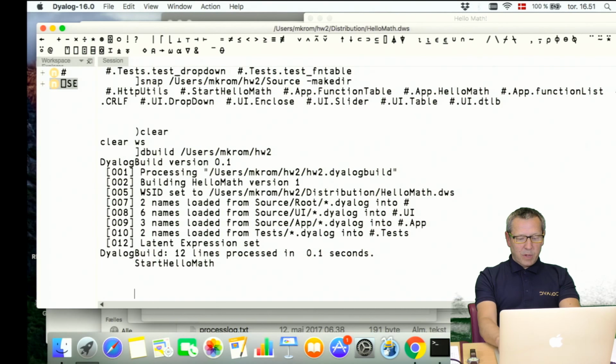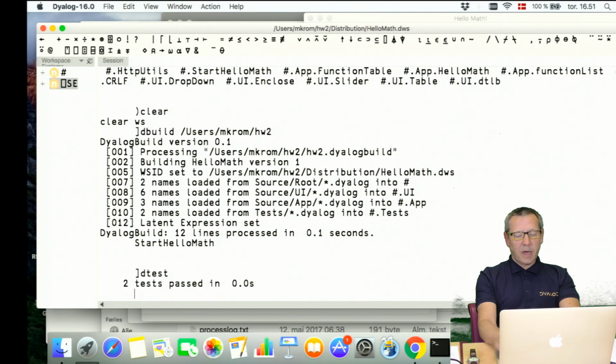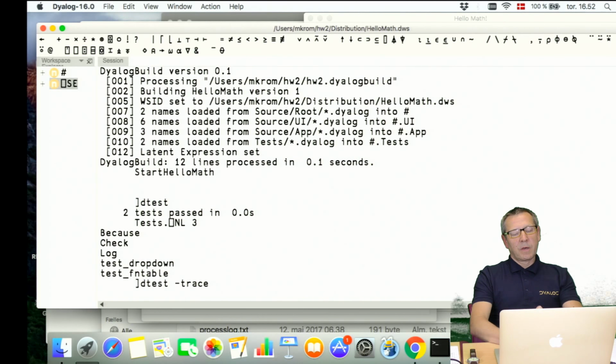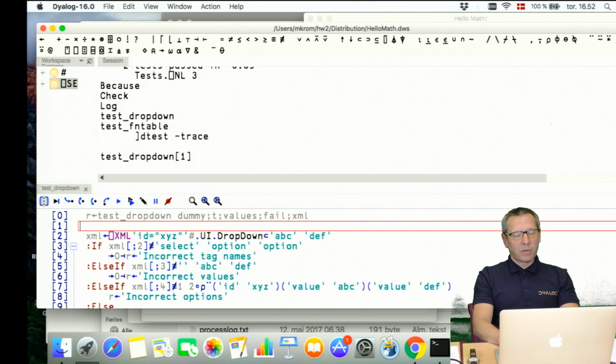But very simply, if I just type DTest, it says two tests passed in 0 seconds, and that's because what it's done is it's looked inside to see if there's a namespace called tests, and it's looked for anything in there with a name beginning with test underscore something, and it's run it. And if I want to see a little bit more closely, I'll spend another 30 seconds on this, and then I'm done. I'll say DTest minus trace, and what will happen then is it'll put a stop on the first